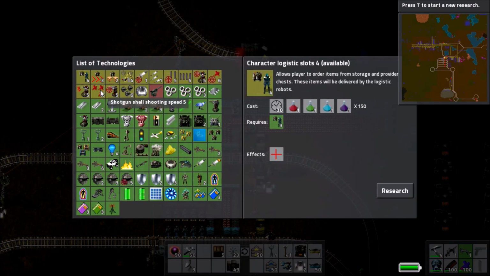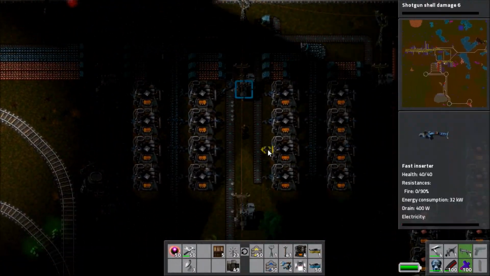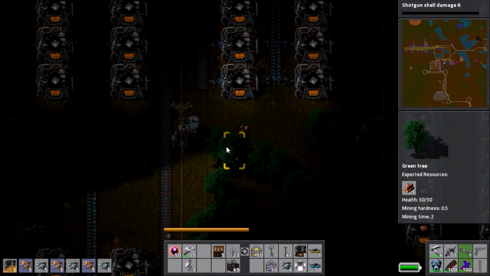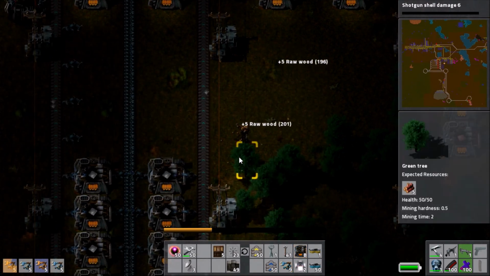More science being done there, and I decided to research a bunch of shotgun ammo stuff, because we're now using the shotgun, so we want to be able to be sort of fully capable when the time comes to use that. So anyway, after all that palaver, all of the furnaces are done, so I'd set up the production of